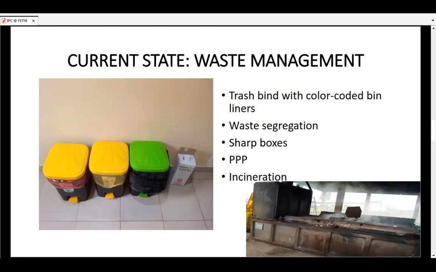The incineration of our waste is a PPP arrangement between the hospital and a contractor, so the incineration process is taken over by the private venture, while color-coded liners and bins have been provided as much as possible to ensure that waste generated in the hospital is properly disposed of. Next.